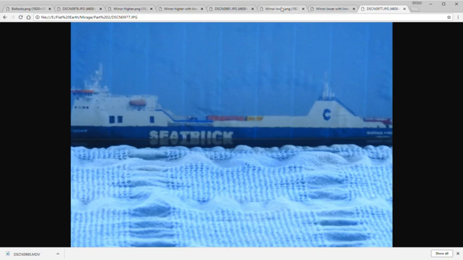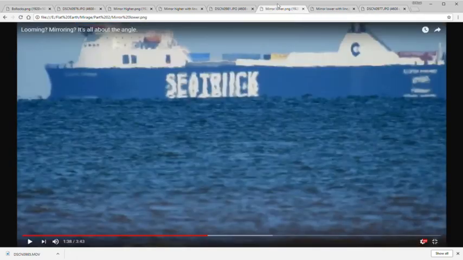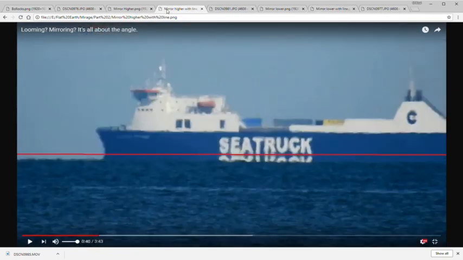So it's not a different type of mirroring, it is in fact just mirroring, and it's distorted, and that's what may have been confusing. But if you draw that line there, it's easy to see that that's just a mirror, and that one you can easily see that's just a mirror effect.